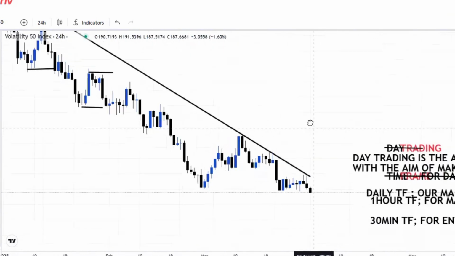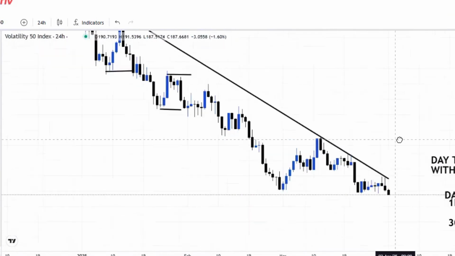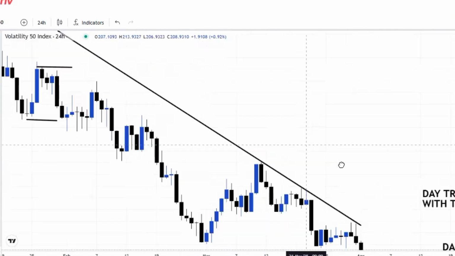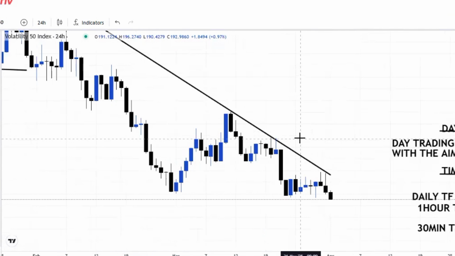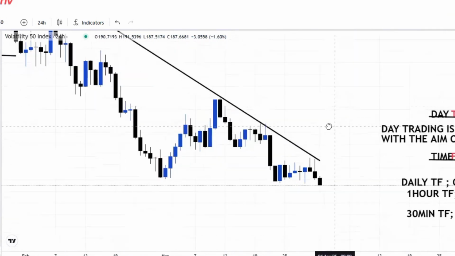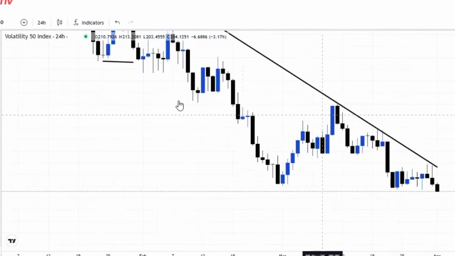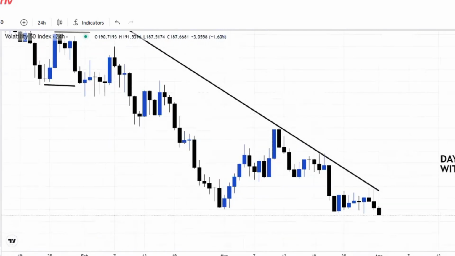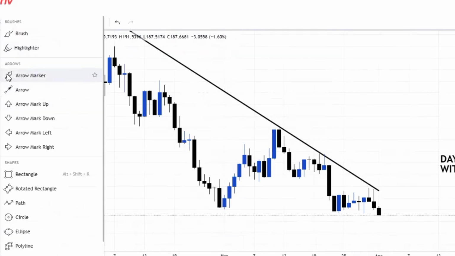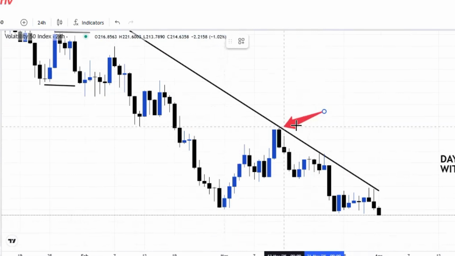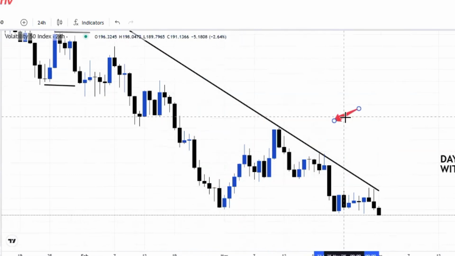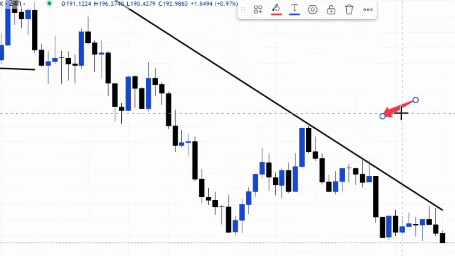Now the next thing we look out for is the structure. Okay, sorry, the candle. We look at the candle, like I said. Now if you look at this, the closing and the opening of the day of that daily candle. Let me explain. In this daily chart which we are seeing here, each of these candles you see here, any of the candles you are seeing on this particular chart, each of all these candles represents the open and the closing of that day.